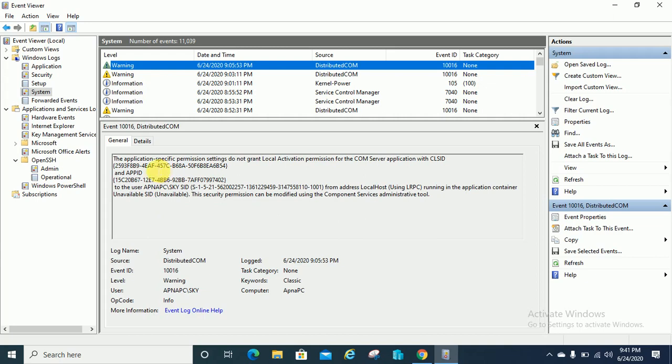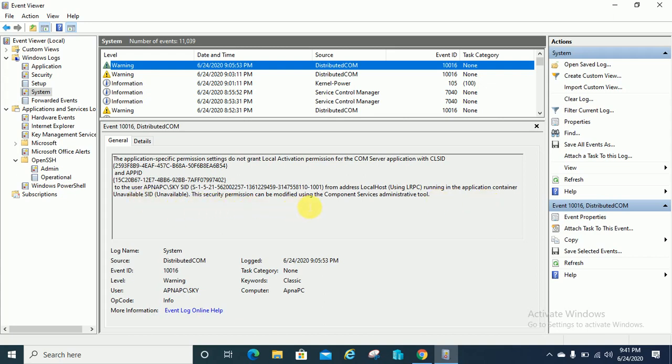Warning, we will check what the warning is here. The application-specific permission settings do not grant Local Activation permission for the COM Server application with the CLSID, from address localhost using LRPC, running in the application container, unavailable SID.